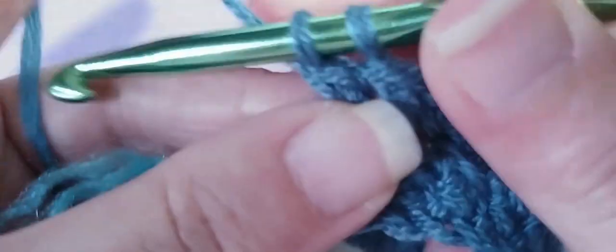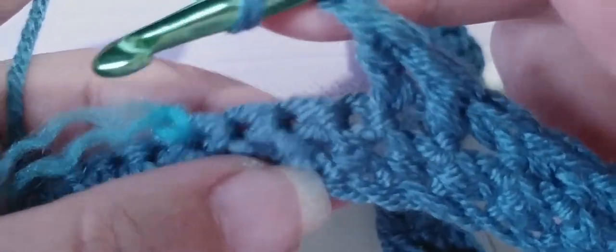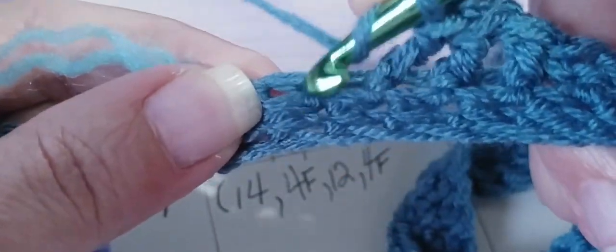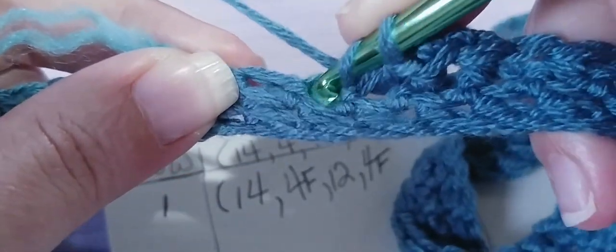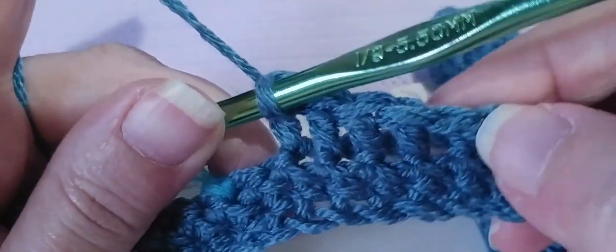Go in the next post, go around it and do your double crochet for number 2. And if you hold the front post double crochet that you just did straight up, then you'll be able to see where the next post is a lot easier. Okay, and there's number 3, double crochet. I'm going to hold it straight up, and there's the next one right there. Go in for your front post double crochet number 4. Okay, and you can tell that those stitches are taller. 1, 2, 3, 4,